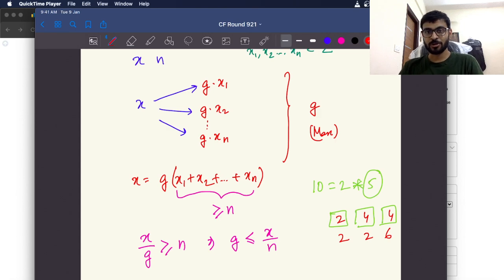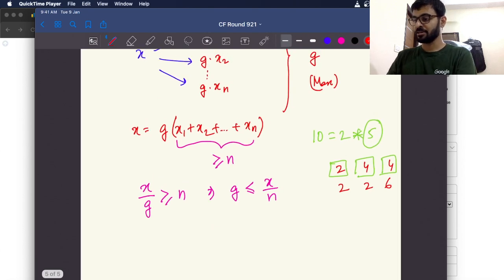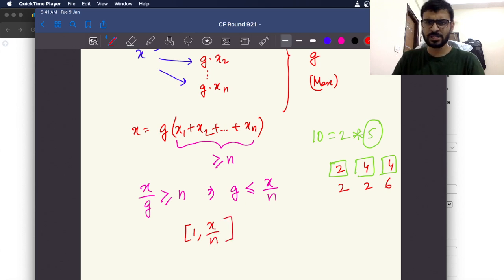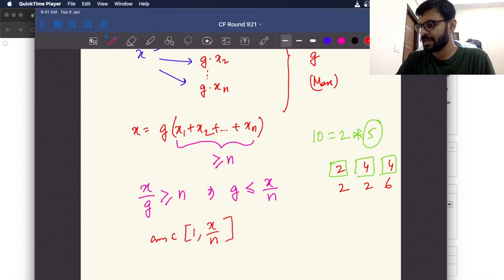So there's nothing to worry over there. It definitely is possible. What are the things I need to check? I need to check, hey, my answer will lie in 1 up to x by n. This is where my answer will lie. You can say floor of x by n. This is where my answer will lie, and